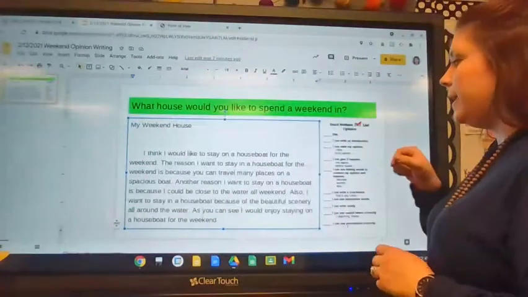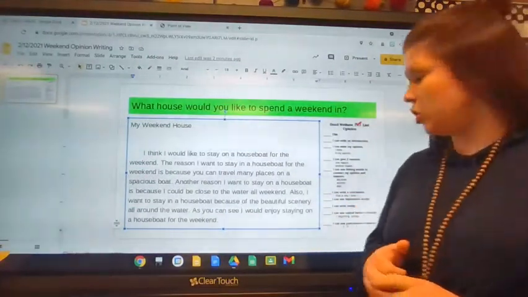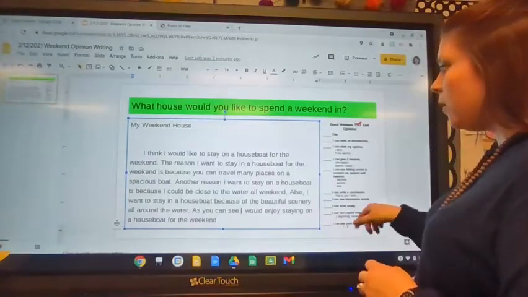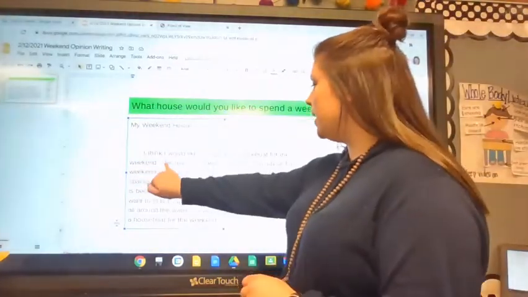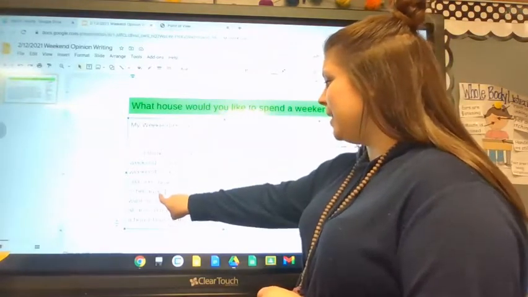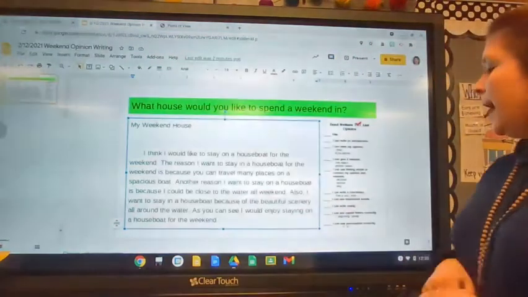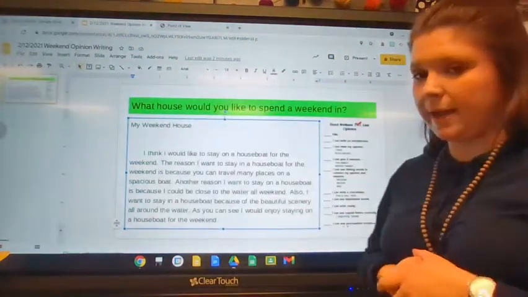All right, I can write neatly here. We're typing. If you do write, that's one that you could check. I can use capital letters. I have capital letters at the beginning of all of my sentences. Do you see any baby eyes in here crying? No, because I capitalized them, so that would be a check. And I can use punctuation correctly.